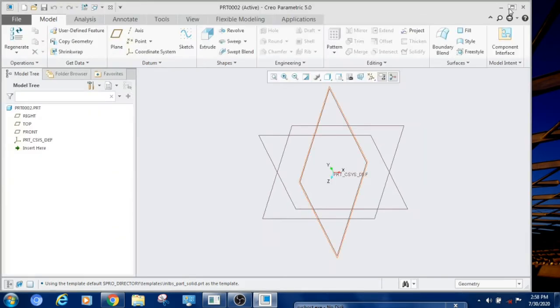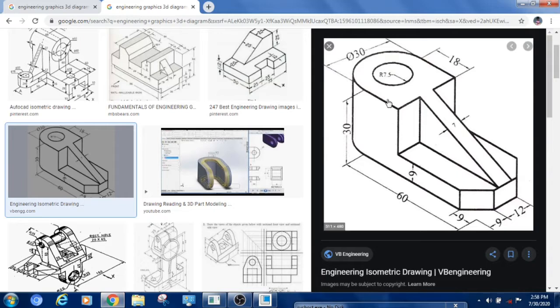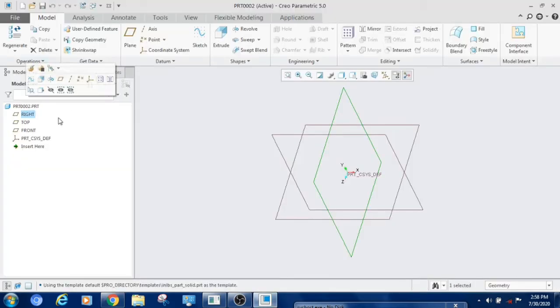Here you can see 3 different planes. For creating a sketch, you can select a plane. After that you have to select Sketch. First we will read this diagram. I want to start with the side: length 60 and height 30. So I am selecting the Right plane and selecting Sketch.